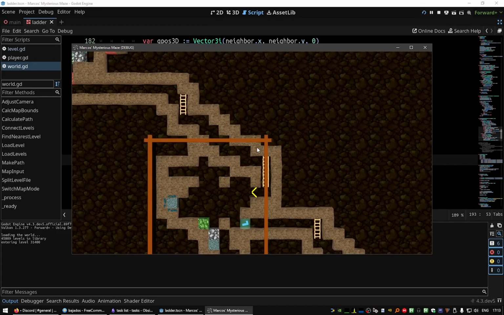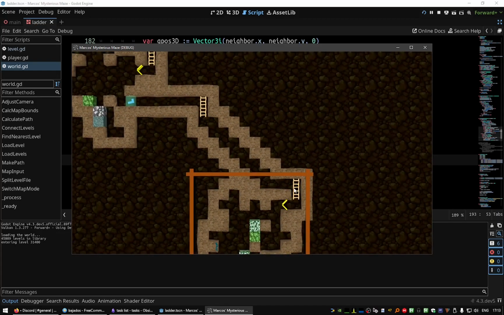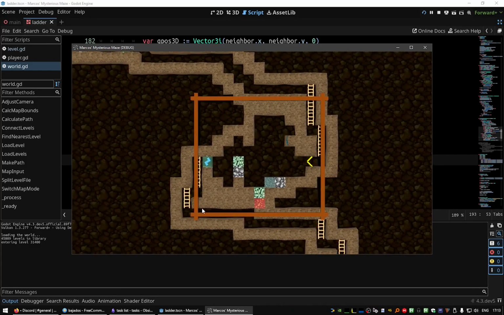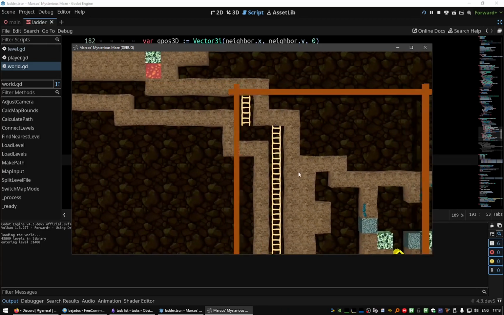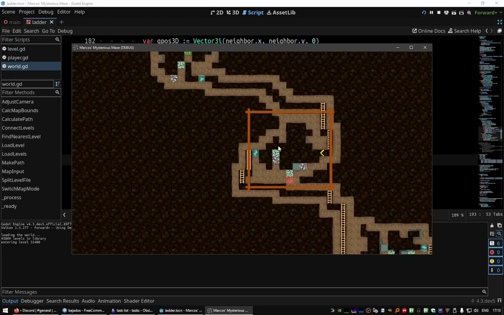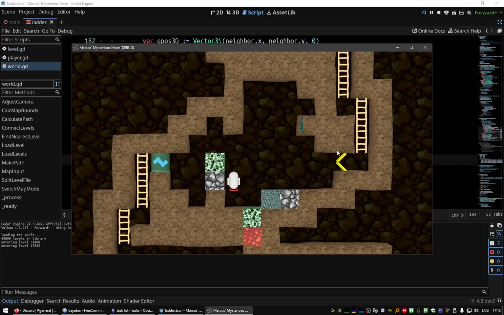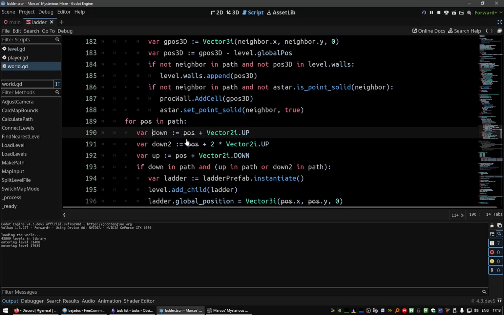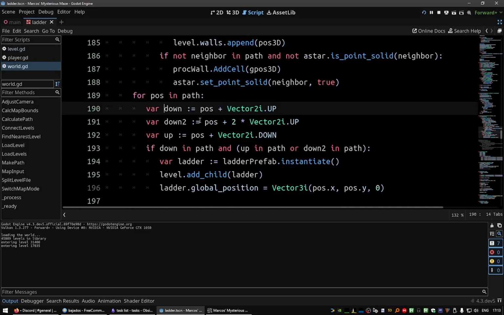Okay, I think this is correct. Yeah, nice. Okay, it was a bit difficult to reason about because of the inversion between the Vector2i and Vector3i coordinates, but this line should be the